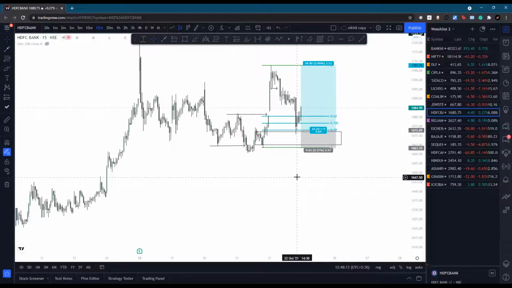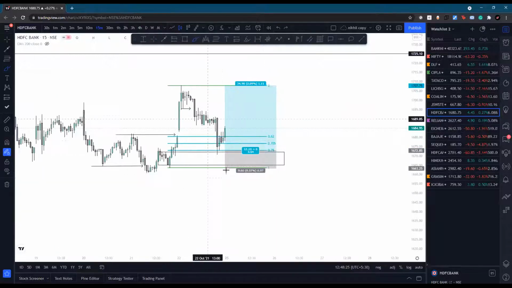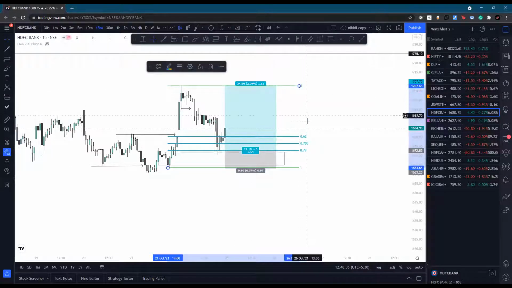Okay, but looking at this particular analysis, what we can easily see is, first of all, a liquidity sweep. Okay, a break of structure, and then it has also tapped into that order block level. Okay, and just to back up that analysis, I have drawn my Fibonacci here. If you want, take a screenshot of these particular settings: 0.62, 0.705, and 0.709. This is the optimal trade entry.